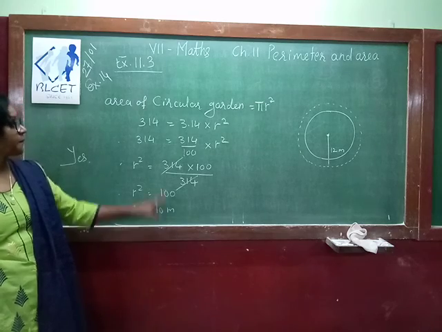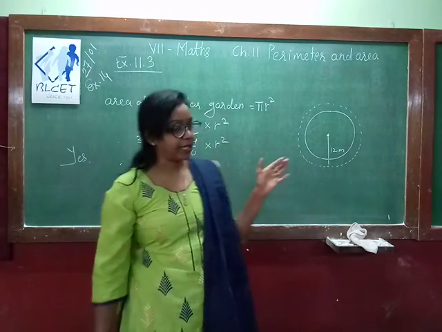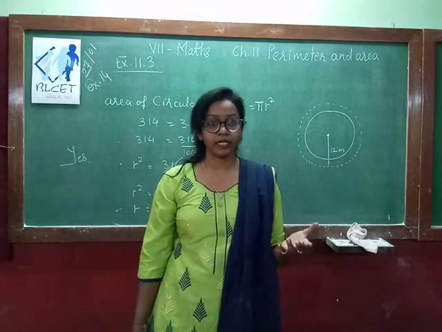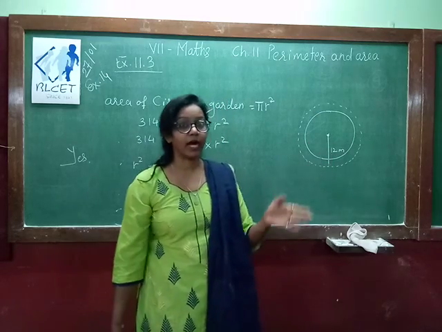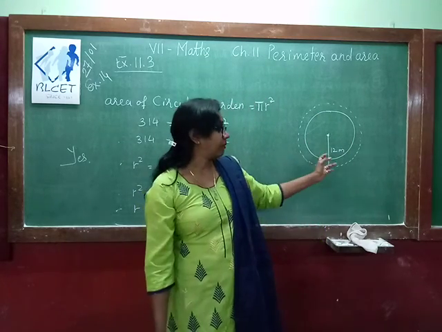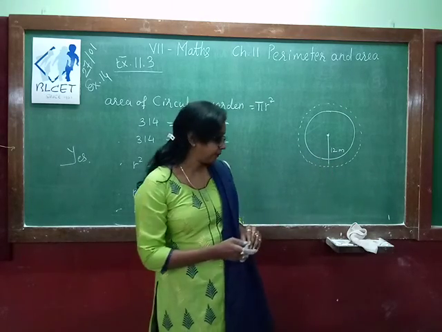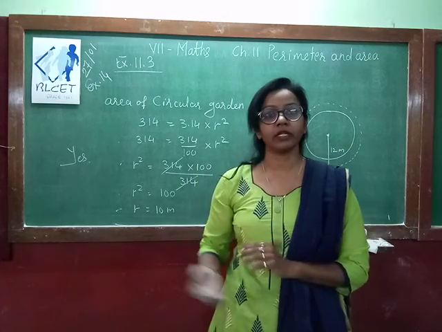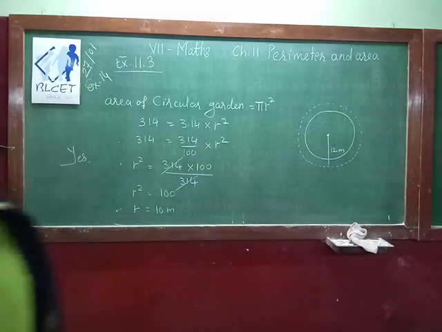So what is the radius of this circular garden? It is 10. So the radius which is covered with the sprinkler is 12 meters. So it is greater. So obviously it covers the whole garden, because the radius of the garden is smaller compared to the area covered by this sprinkler, and that radius is 12 meters. So the answer is yes, the sprinkler can cover the whole garden. This is all about our question number 14. Move on to the next question.